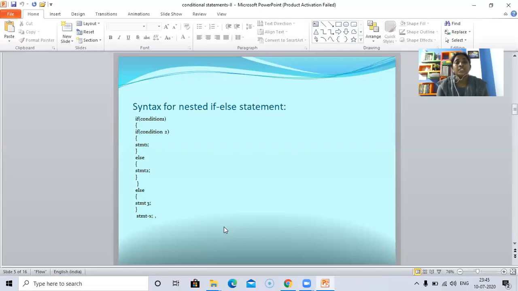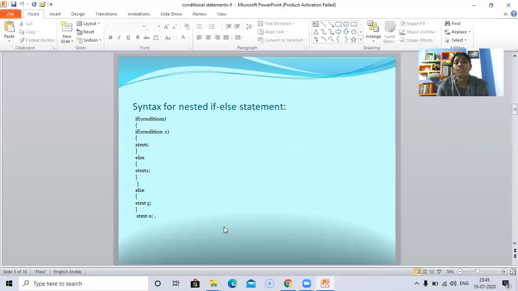Third criteria: if condition 1 is itself false, then it directly goes to the else part of this if condition and executes statements 3. So this is how the execution of nested if-else statements takes place.